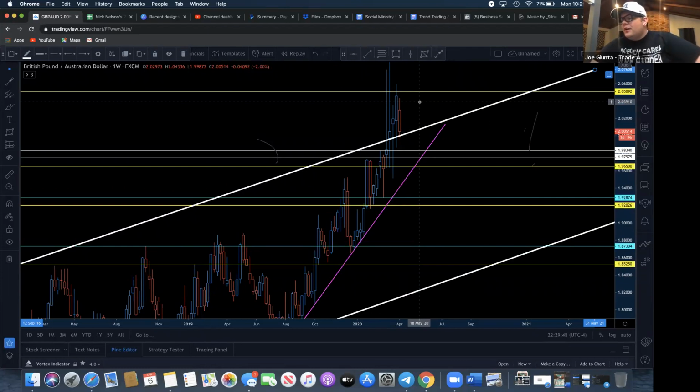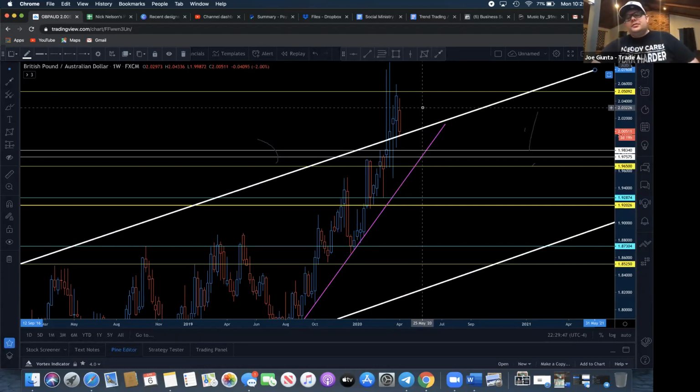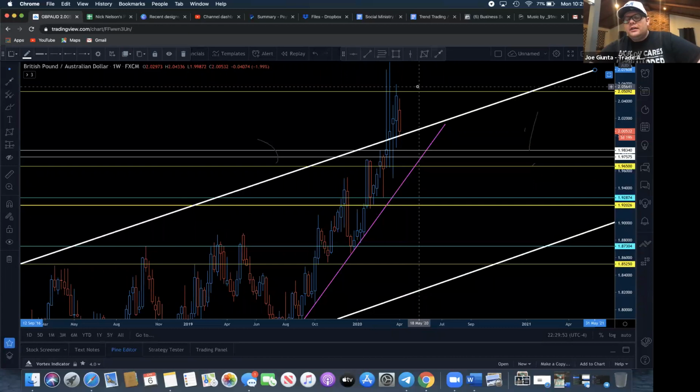Trading it now in the 1 hour is crazy. Yeah, I mean, I'm going to talk about that in a minute. Trying to buy off of this right now is crazy, but trying to sell against it is crazy too. If it breaks back into the channel, which should return normality, then we look at the break to the downside. If it comes back in and shows us normality back here, now we're back to normal.